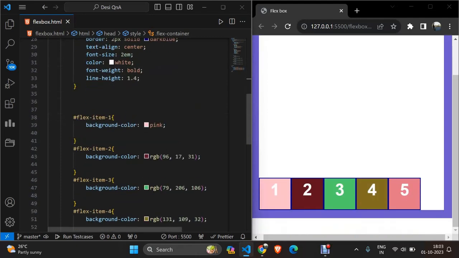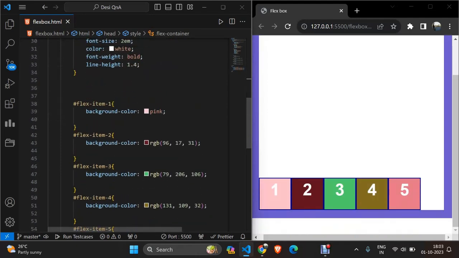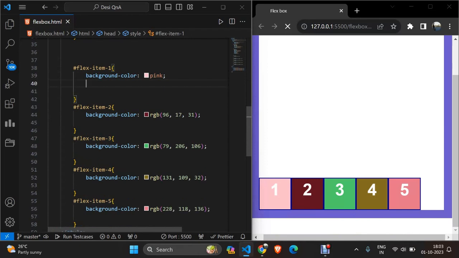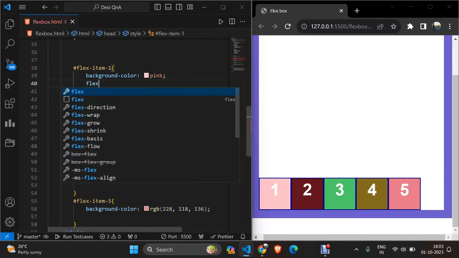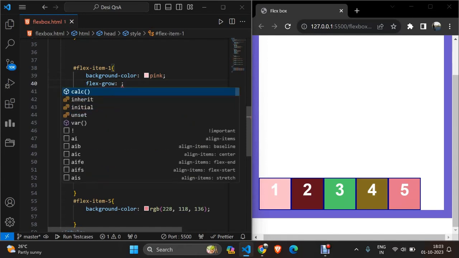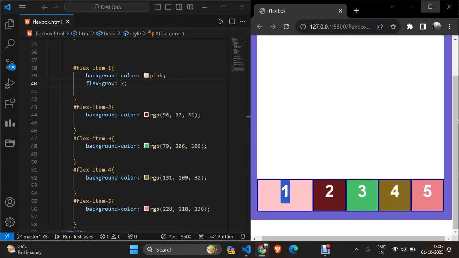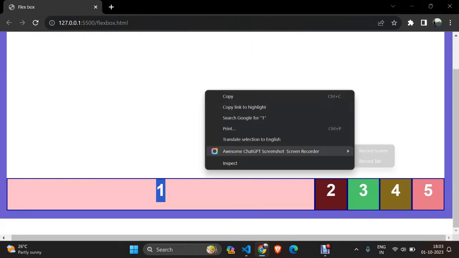And then what we can just do is, we have a few more things. Let's focus on our item here, and then a new property named flex grow. I can give it any numerical value, let's say 2. You can see the difference of this box, it has grown. And if I just inspect over here,